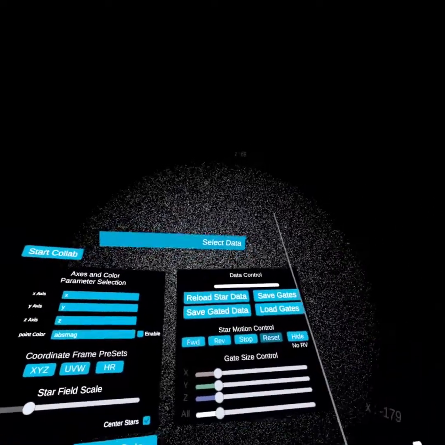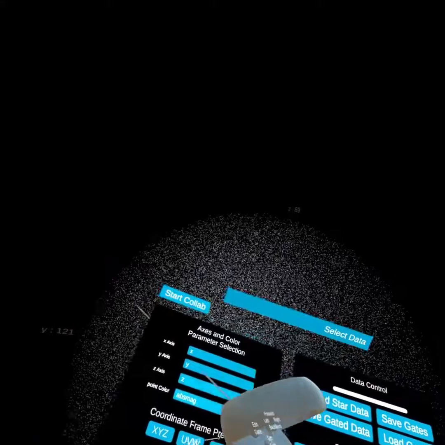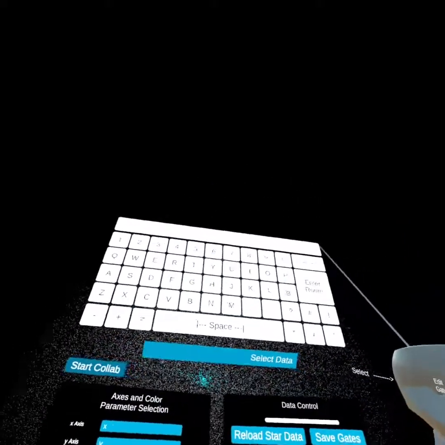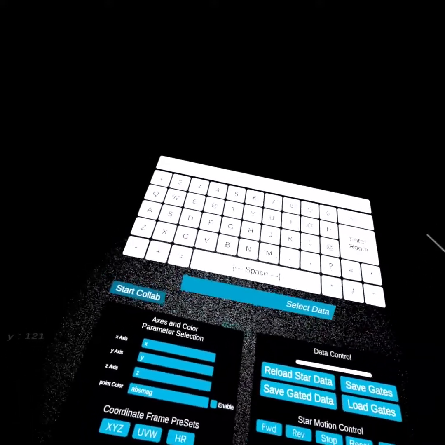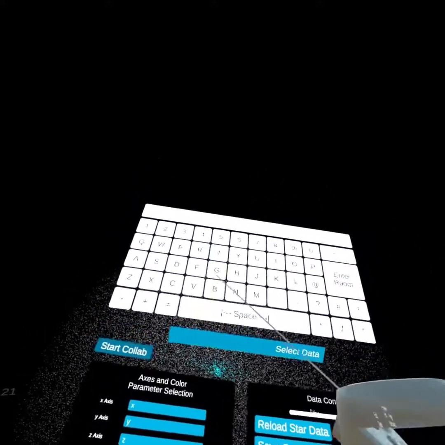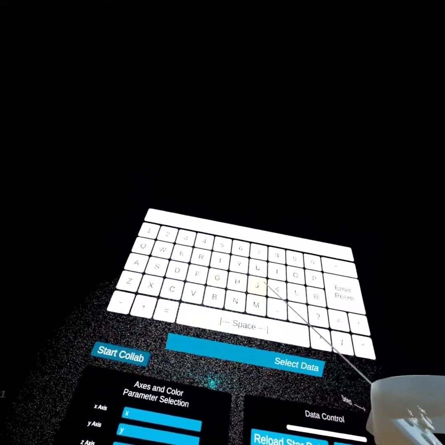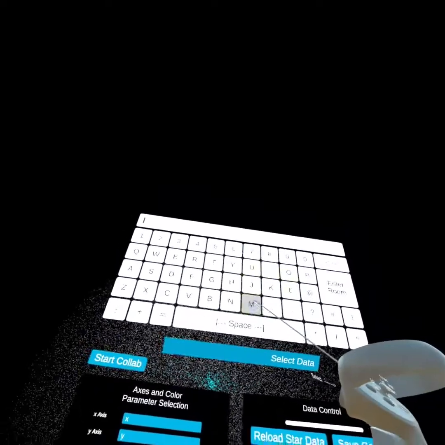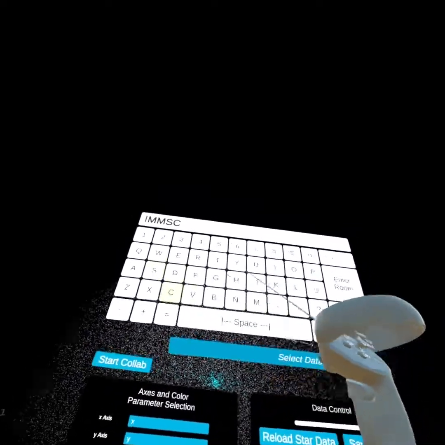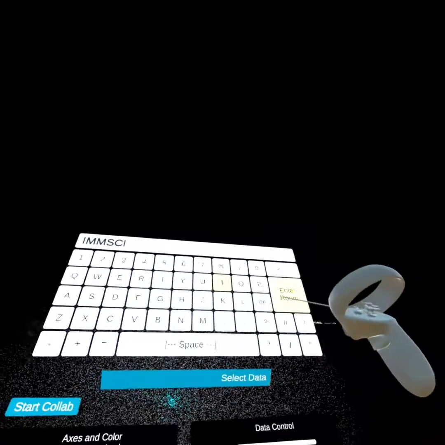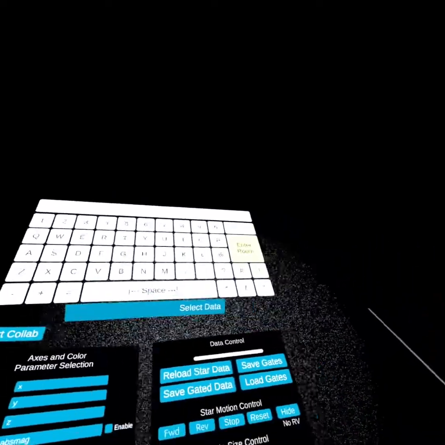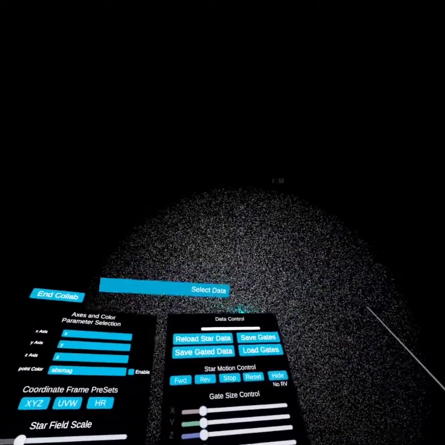The only other thing of note, and I might make its own video on this, is this collab button up top left. Clicking that brings up a keyboard. If you and somebody else are running this program jointly, you can type in a room code here. For example, let's do IMMSCI, like Immersive Science, and you hit enter room. You will now be in the same room,